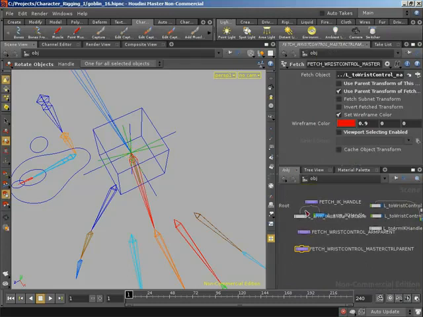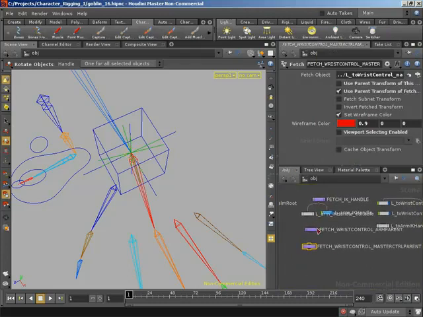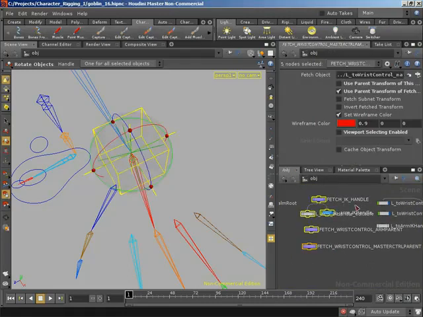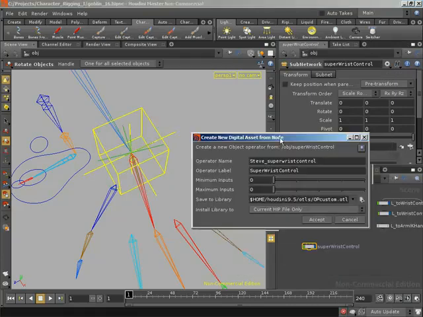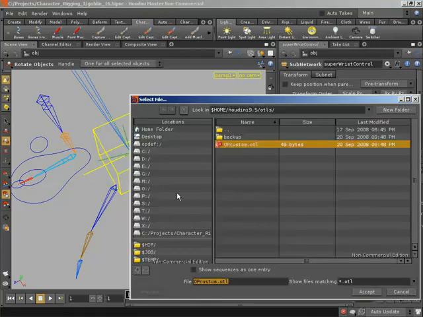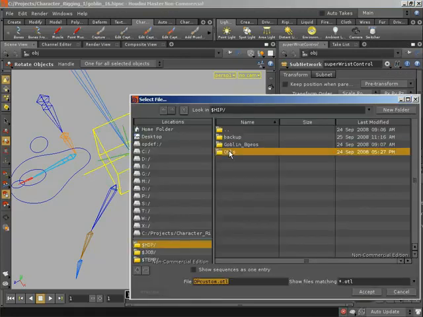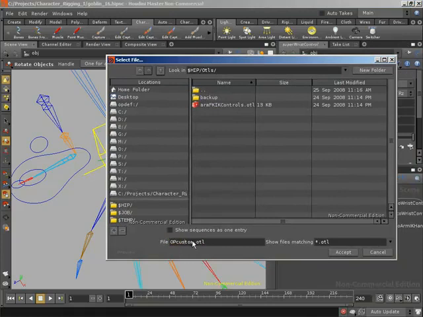So we've got these 5 nodes, the 3 fetches and our 2 IK handle nodes. I'm going to grab these and Shift C to collapse them into a subnet. I'm going to rename that subnet to super wrist control. And then I'm going to right click and create a digital asset from this subnet. So let's give this the name of super wrist control. And jump into our OTLs. I want to create an OTL from our HIP file into the OTLs folder and create a super wrist control.otl